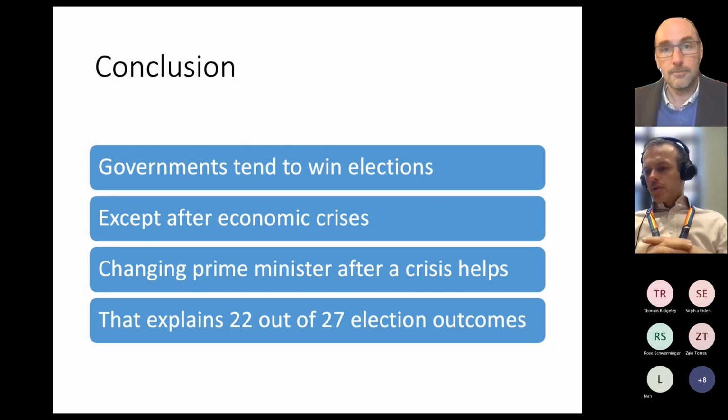A nice one, just in relation to the ability to call elections. Do you think further reform of the Fixed Term Parliaments Act is necessary? Should we allow governments to call snap elections whenever they wish?